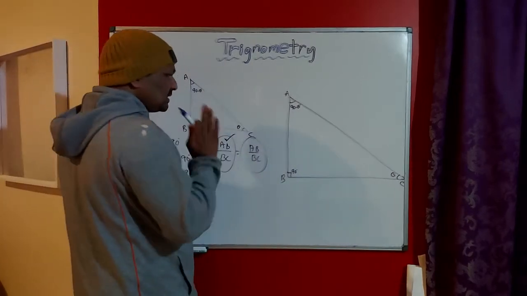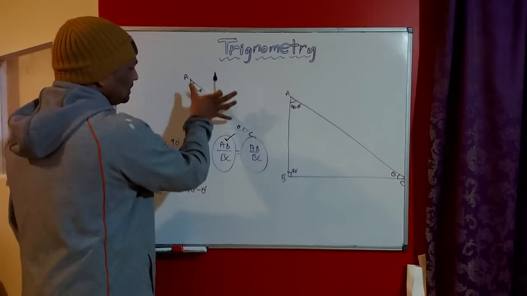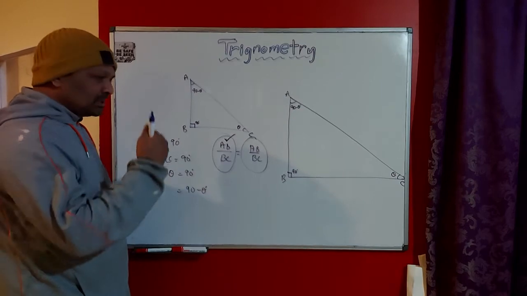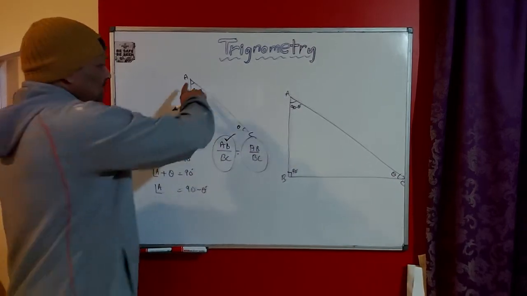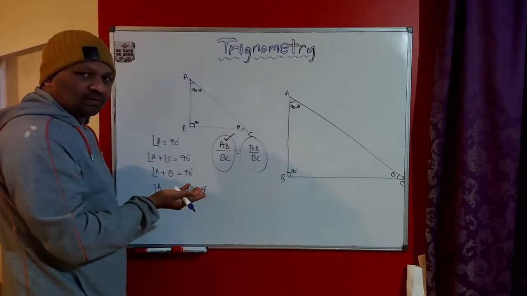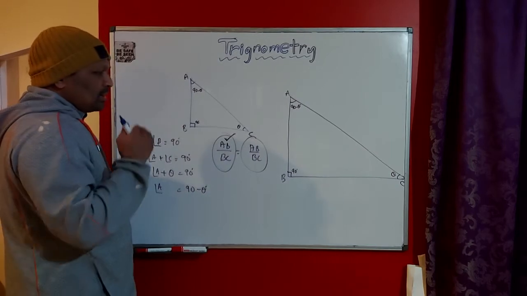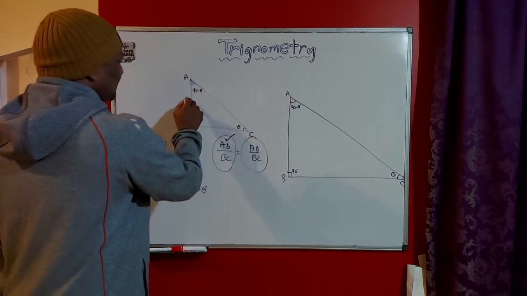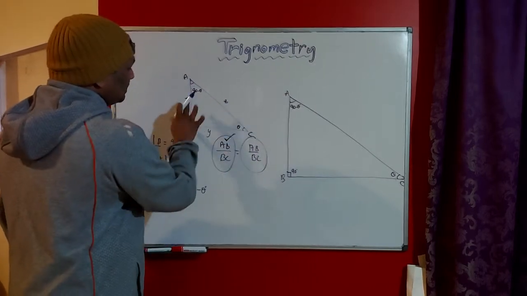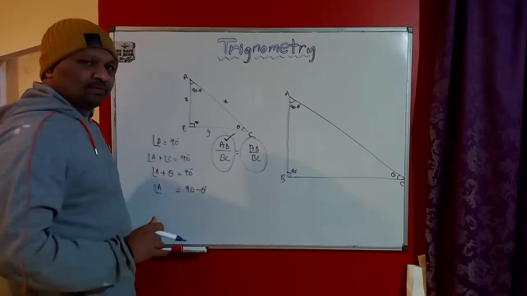Trigonometric ratios. There are 6 such ratios we can derive. There are 3 sides, isn't it? 1 side, 2 side, 3 side. How many such ratios can we derive using the lengths of the sides? This by this, this by this, this by this, and the reciprocals of it. There are 6 ratios we can derive. For example, here it is x, here it is y, here it is z. The length of this one is x, length of this side is y, the length of this side is z.